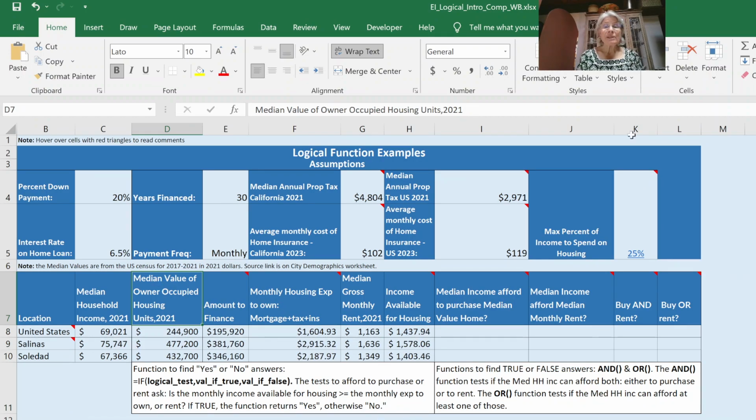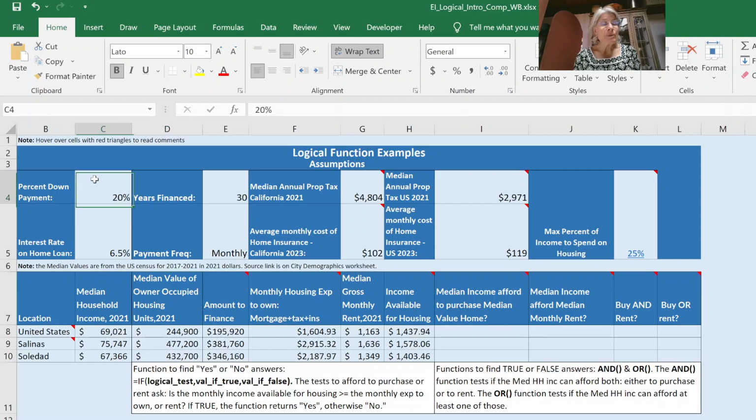In order to ask this question, we have to come up with some assumptions to follow when we do our calculations. We're going to assume that the prospective homebuyer would put 20% down, that they would be able to get an interest rate of 6.5%. They would pay monthly. They would finance for 30 years. And then we're going to assume